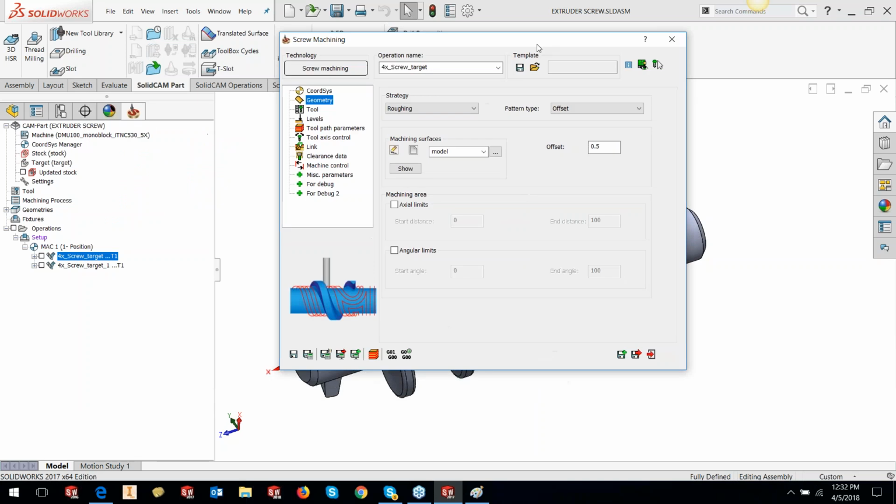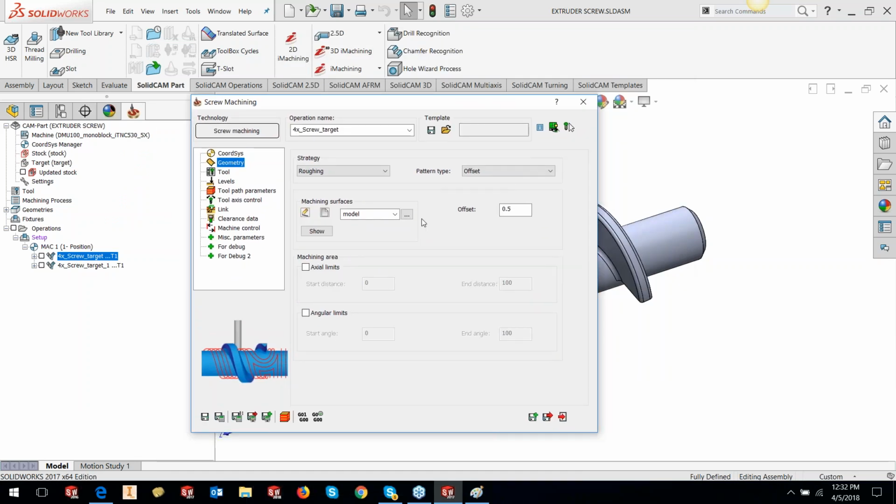As far as machining surface goes, there is no need to select individual faces. You could just select the part model, which is basically defined as STL geometry inside the software. And what is the offset that you need after roughing? What is the material that it needs to leave for finishing? So it's basically simple 3-axis kind of a roughing, except that the tool axis is now rotated or wrapped around